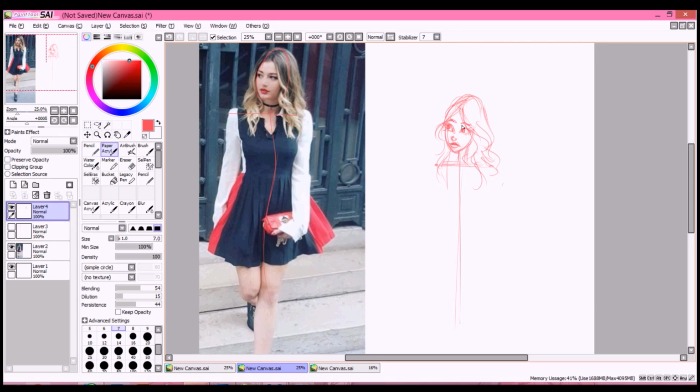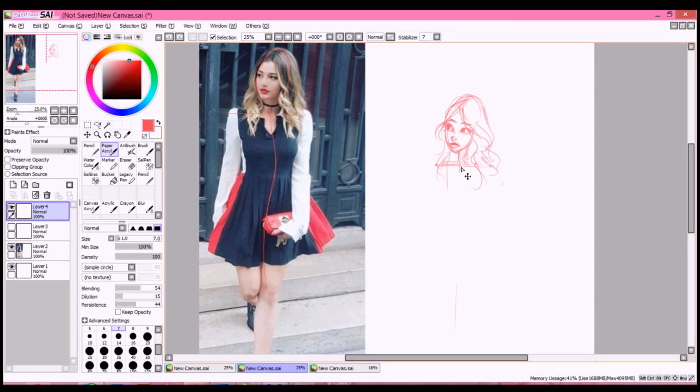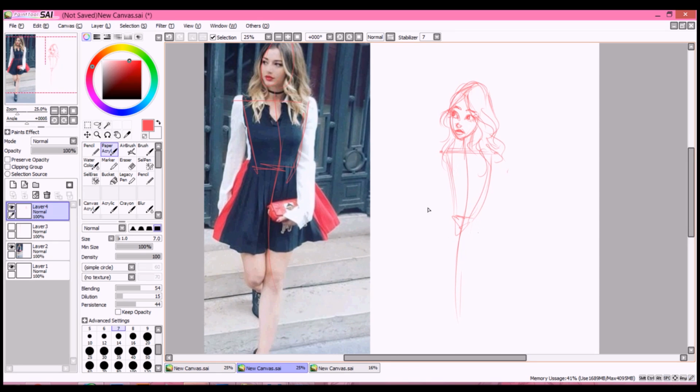It makes it easier to draw a person that is moving. The movement is easier if you draw it not like this straight line, but if you just move the line a bit and then try to find the shape of her body,